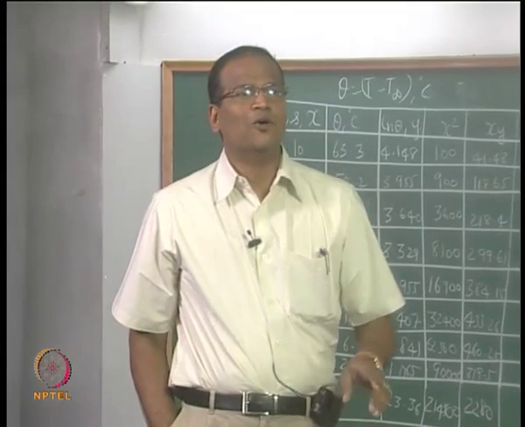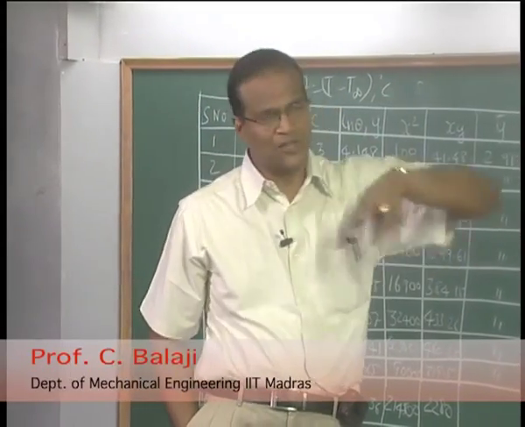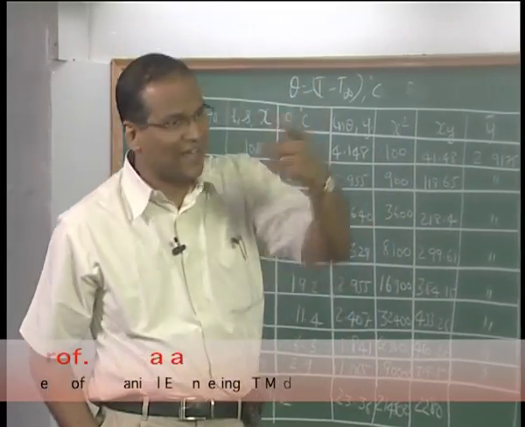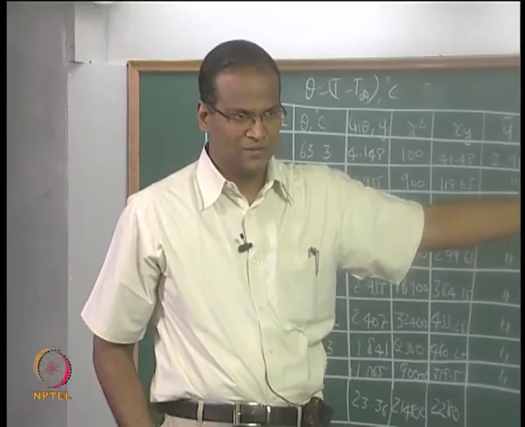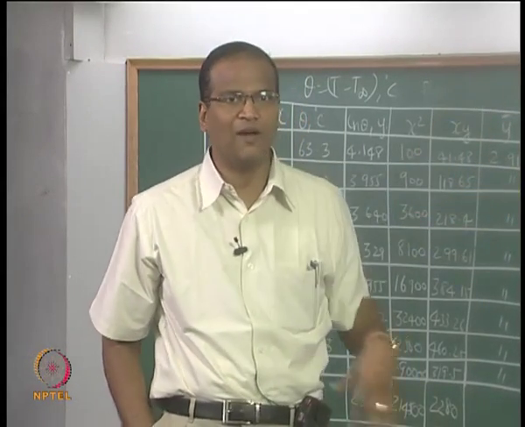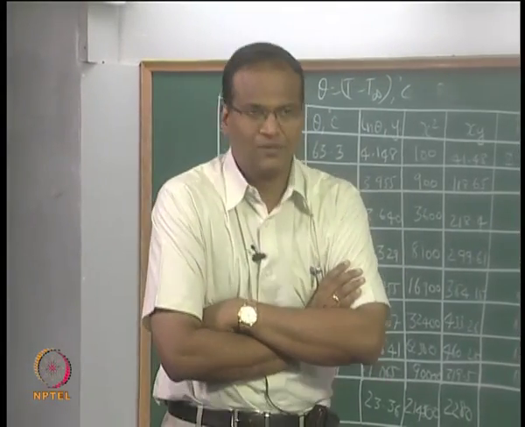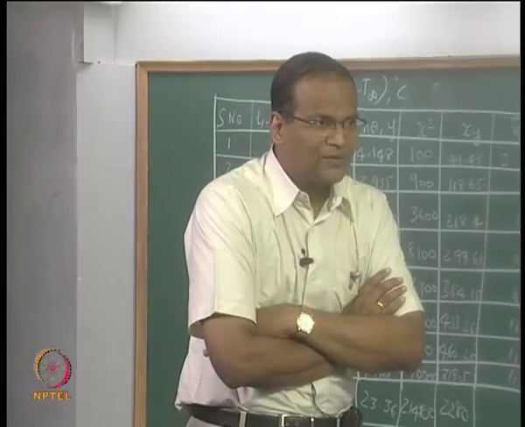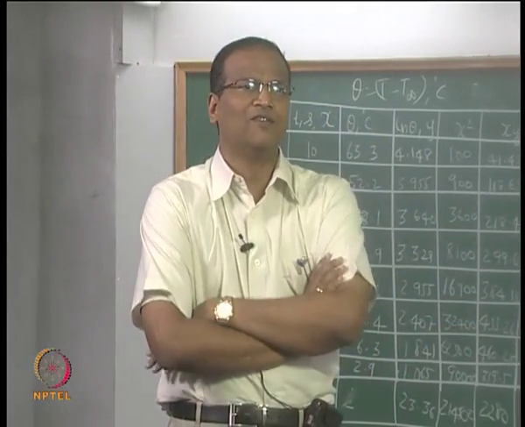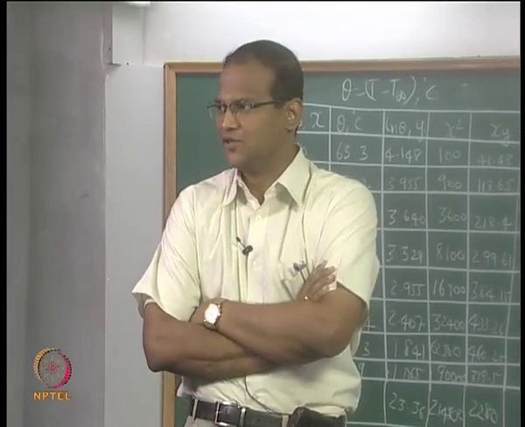Okay, so a e to the power of x, a e to the power of minus bt, a x to the power of b, a x1 to the power of b into x2 to the power of c, a x by b plus x, a by b plus x. A by b plus x can also be done, right. 1 by y is b plus x by a and all that. So there are some forms which are amenable to manipulation. If you are able to manipulate, then you can reduce it to a form which will eventually lead you to a straight line, and you can use y is equal to mx plus c and solve.